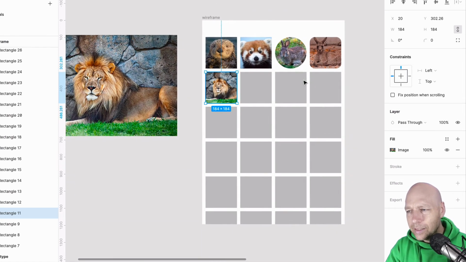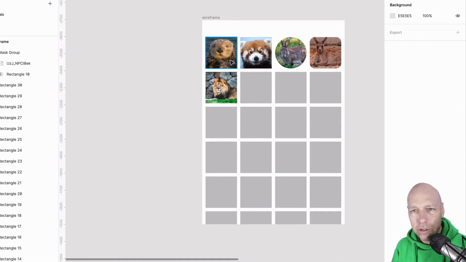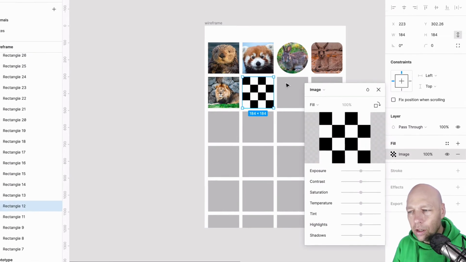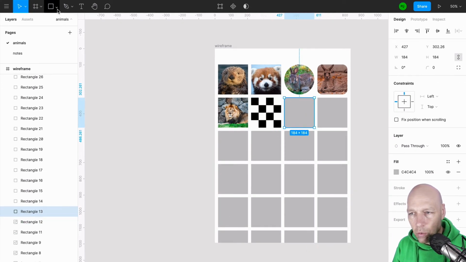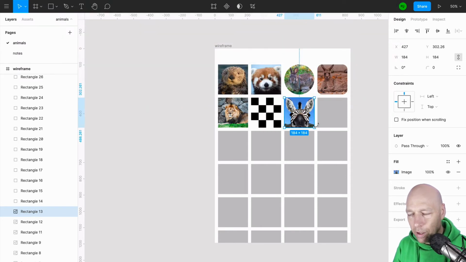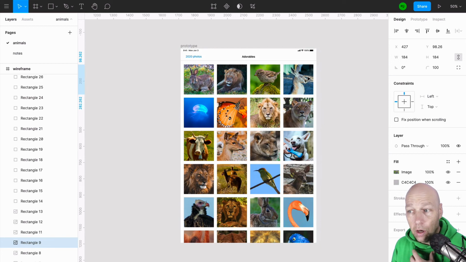So that is how we pull images into random shapes. So you have the ability to place it directly into the image. You can also place an image directly into one of these squares. So you can place it directly in there. You can mask, and then you can copy the properties and place them in. So there's a number of different ways that you can get to the point where you have a wide variety